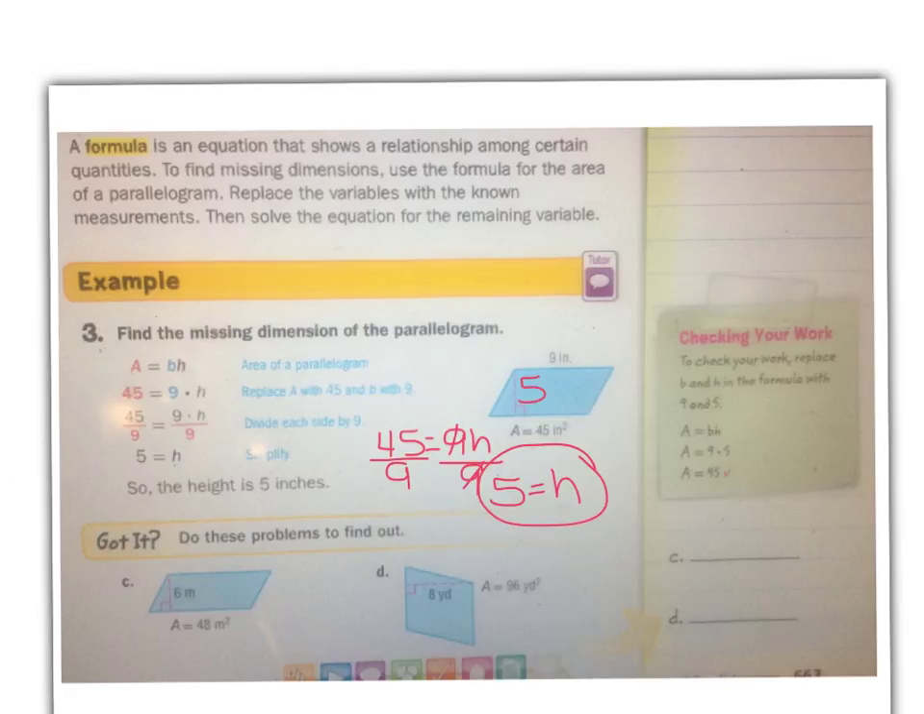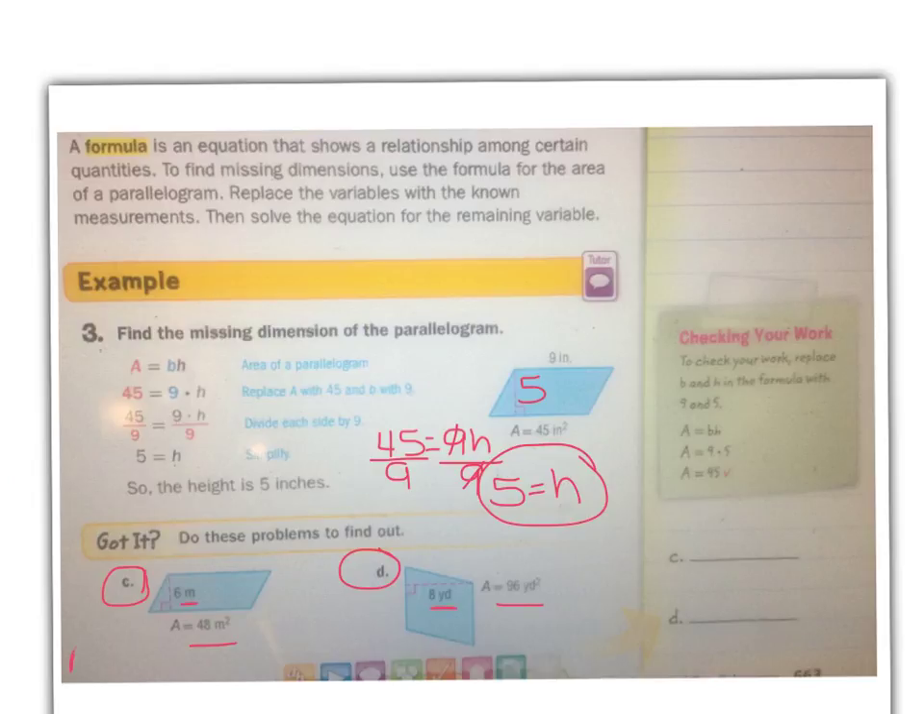Let's see if you can do C and D on your own. Okay, I'm going to help you get started, and then we'll have Porky come back and show us the answers. So our area is 48, and over here our area is 96. In this case, we're given the height for both of our